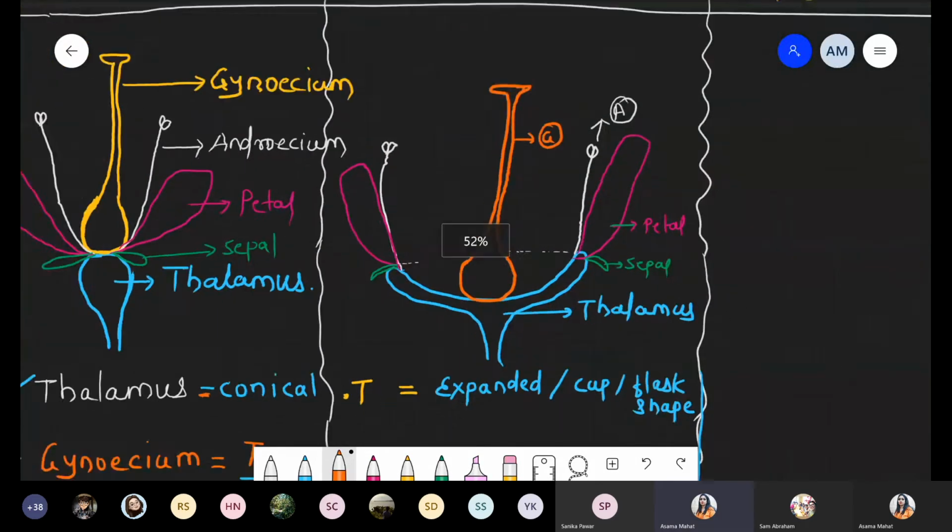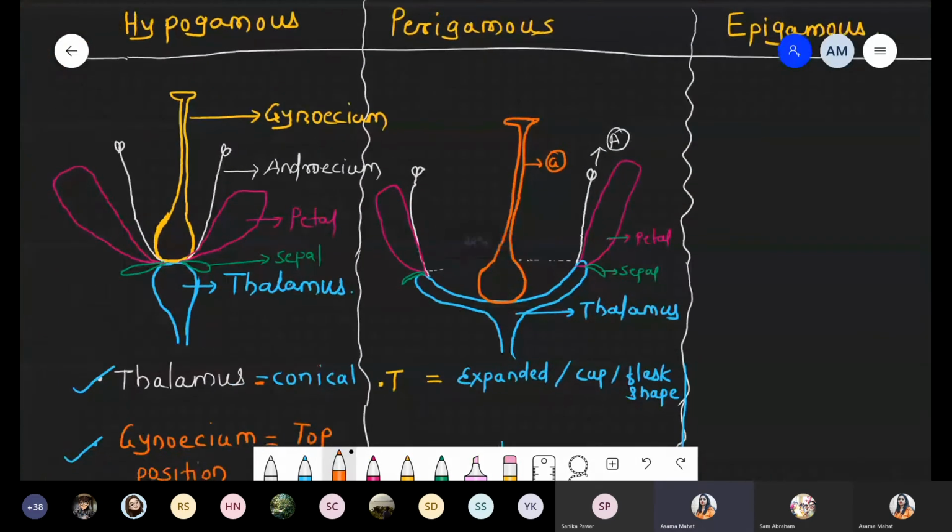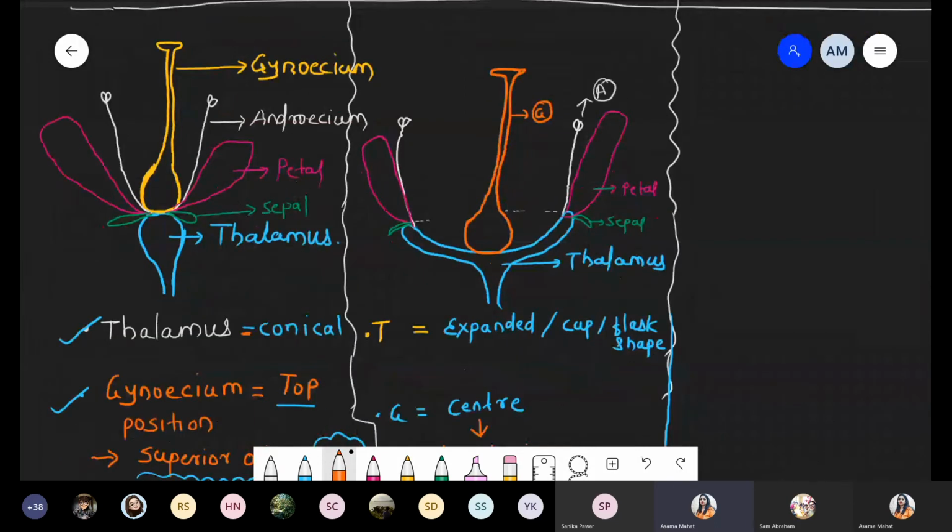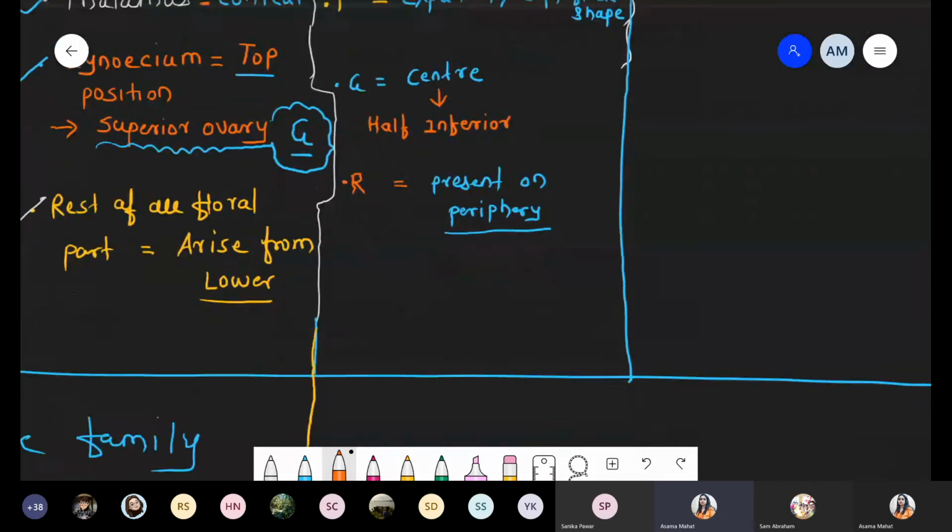Okay. And now here we are taking one condition when we are talking about inferior or superior or half inferior. There is no symbol for the half inferior. So we are not representing any symbol in this condition. No symbol. Remember this point. Either there is a symbol for inferior or for superior. No symbol for the half inferior. And in this condition, we are focusing on the example